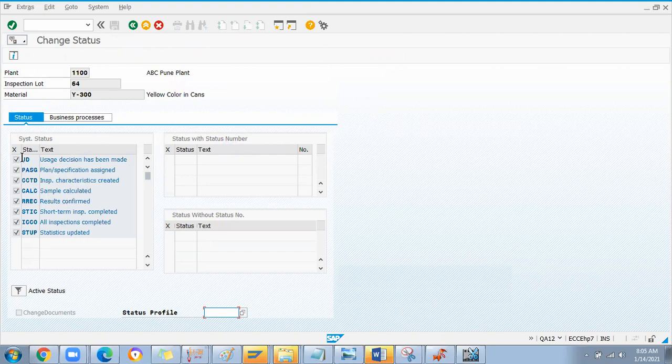Once UD is done and all inspection is completed, then UD ICCO will be there, or else UD STUP will be there. In case the sample is calculated, then UD CALC will be the status. Looking at that status, you can understand which stage that material is in.